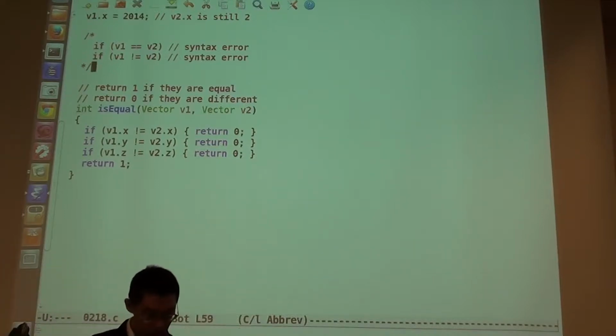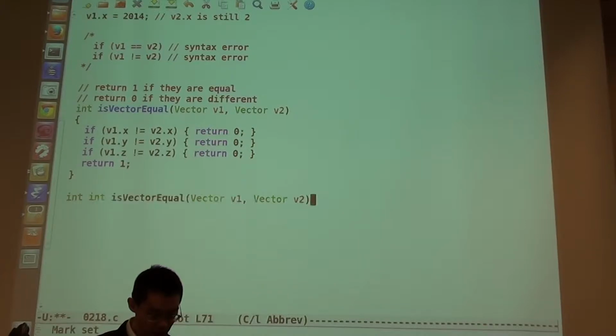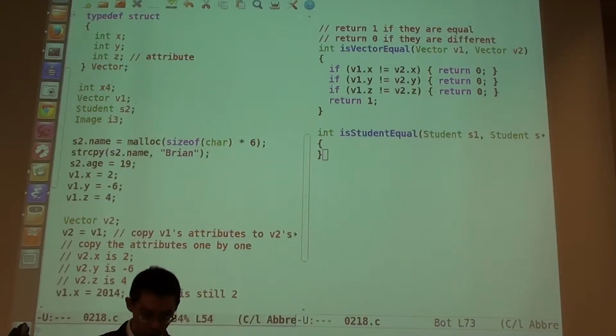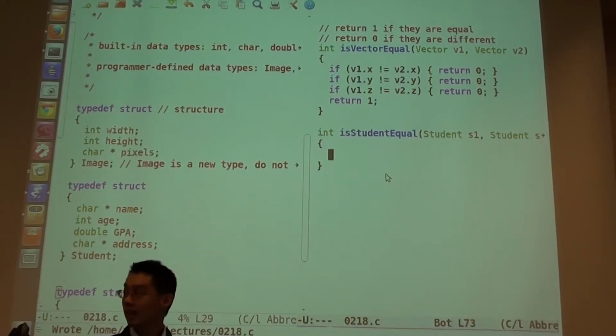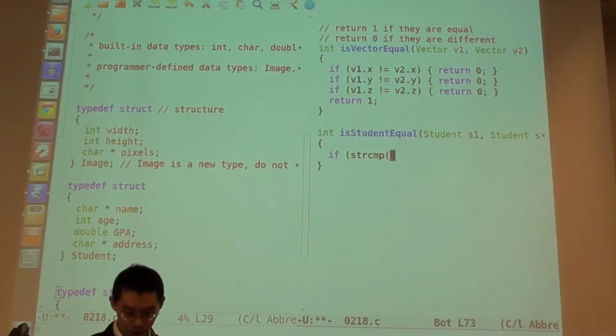So if you want to write another function, let's say, maybe I should add vector. So you can say, is student equal? Then here you'll say, student S1, student S2, then okay, so let me show you the structure of student. So you say two students are equal only if the students' names are equal. So you can say if string comparison